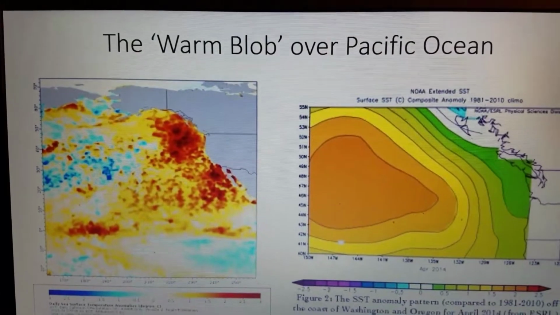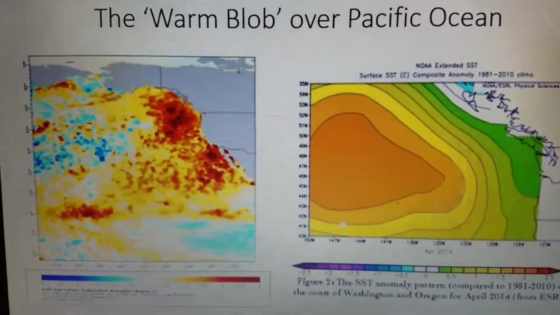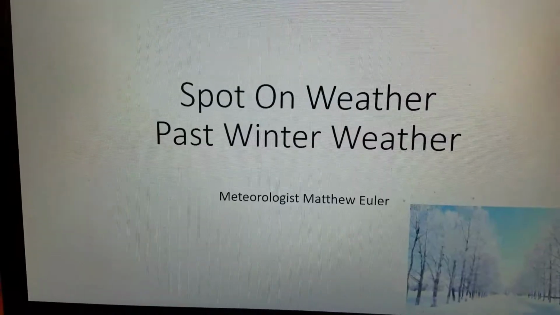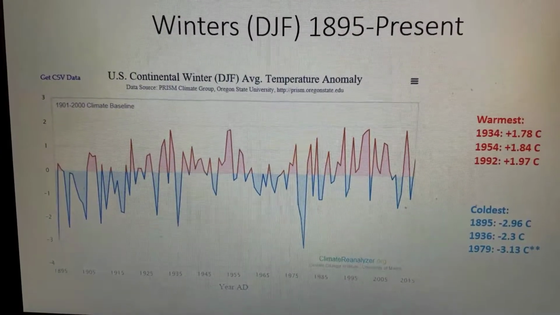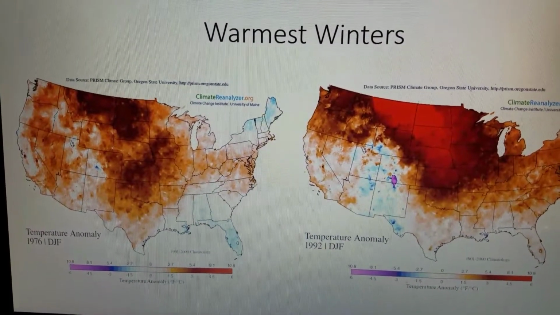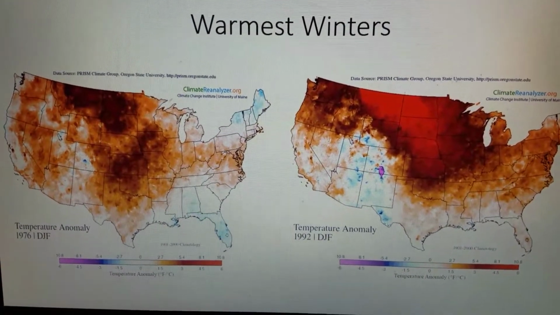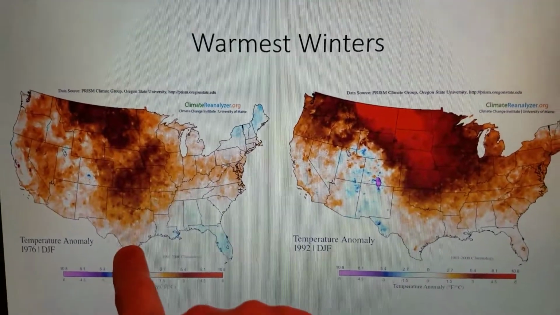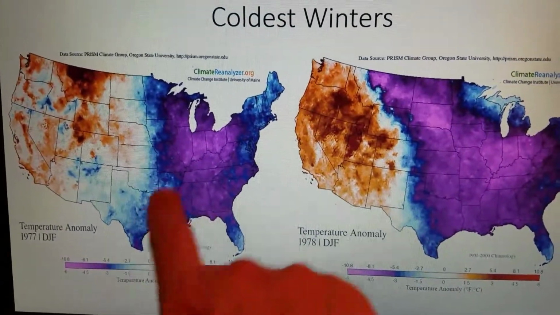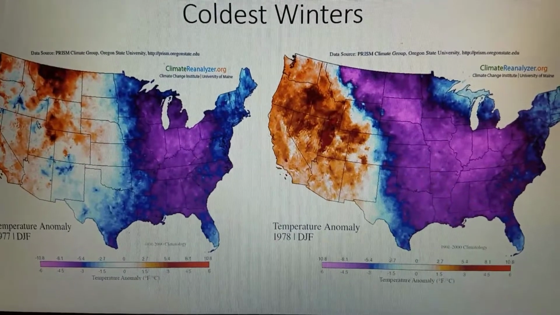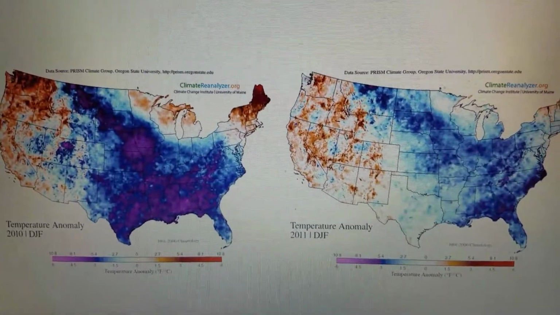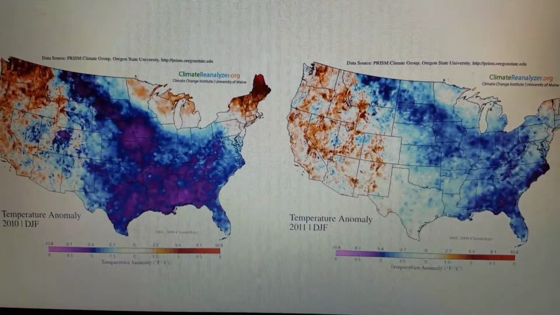So bottom line here, I want to end this video briefly by just mentioning that no two winters are exactly alike, okay? Just like people are different, no two personalities are exactly alike, no two winters are exactly alike as well. The teleconnections, there's a lot of research going on into that for seasonal forecasting, but you can have a warm winter one year, like this is 1976, look how mild that winter was. And then you go a year later and you're extremely cold in the east. And then you have 3 straight winters where it's exceptionally cold. So there's really no rhyme or reason or specific patterns that have been identified as of yet as far as winter weather seasonal forecasting.